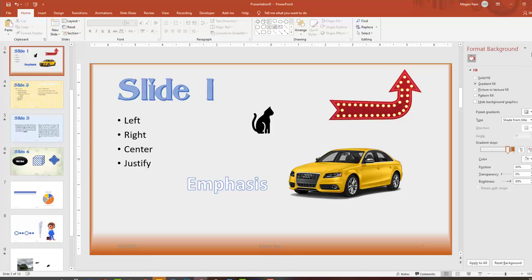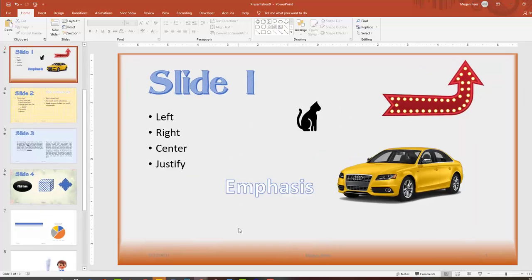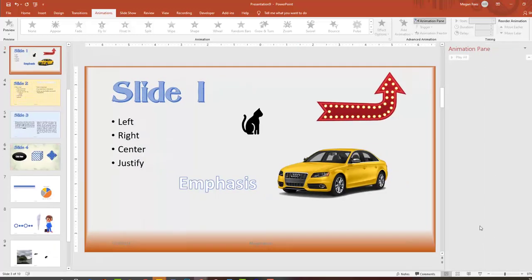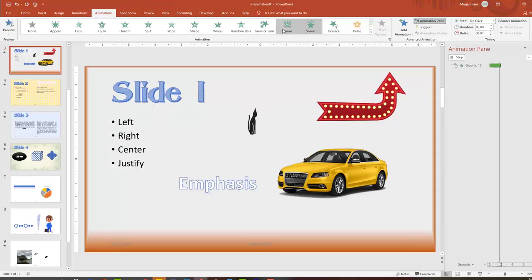Okay, we're going to learn the different ways to animate now, and there are 4 types of animation. So I'm going to click on the Animations tab here, and as you can see, it's all grayed out because I don't have anything highlighted. You want to turn on your animation pane, which is going to tell you what's going on, what order they're coming in. So you're going to click on one of them, and it tells you in your lesson which one to do. And a green one means it's going to come in. Okay, so if you put a green one in, that means that when